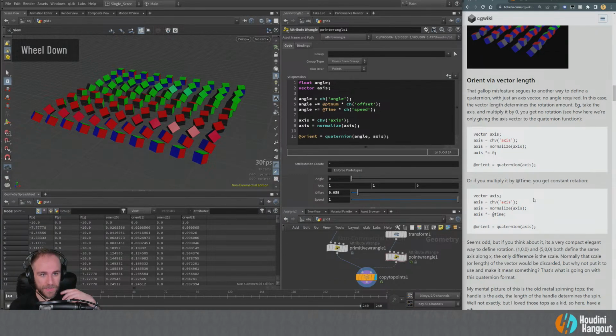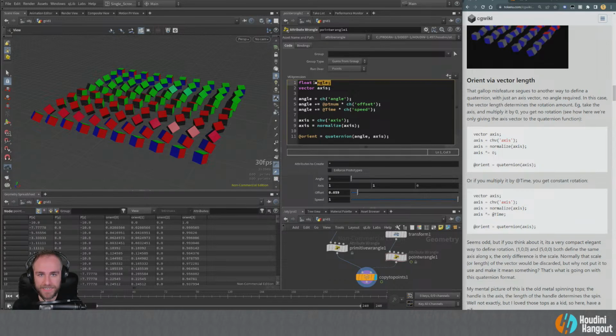All right, cool. So let's now look a little bit further at this, right? So what we can actually do is, with this galloping kind of thing that we were talking about here, we can now talk about just using the quaternion with an axis and using the scale of that axis to define the rotation amount, right? So let's now go through this code here and see how we might set this